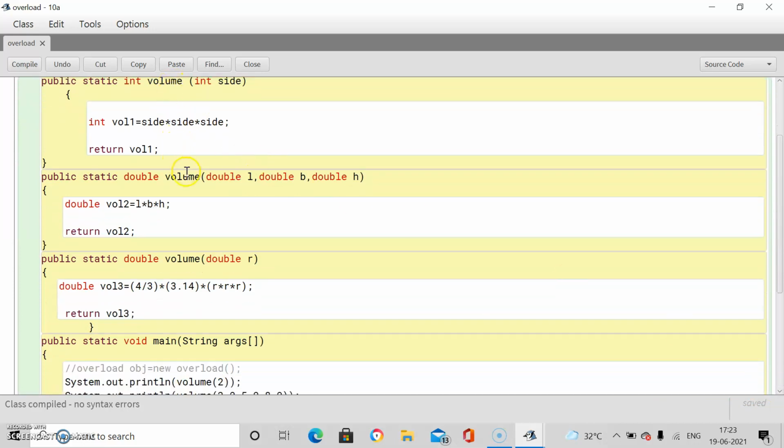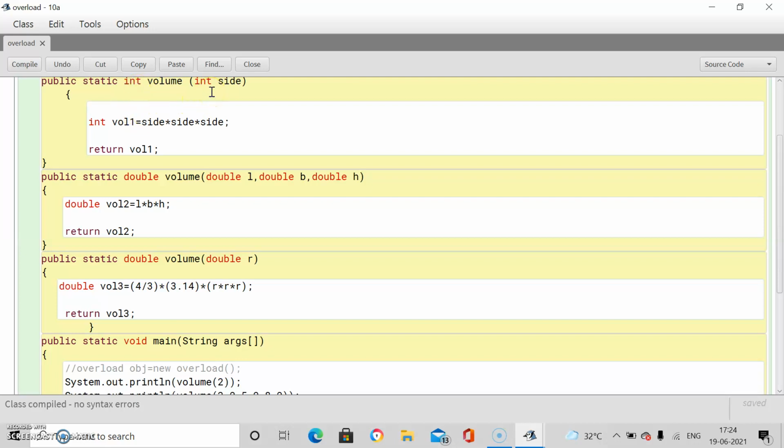One to calculate the volume of cube, the second volume to calculate the volume of cuboid, and the third one is calculating the volume of cylinder. Formulas are different. For the first, the formula for volume of cube is side into side into side. And we have to return the volume also, so I have not taken void as return type.